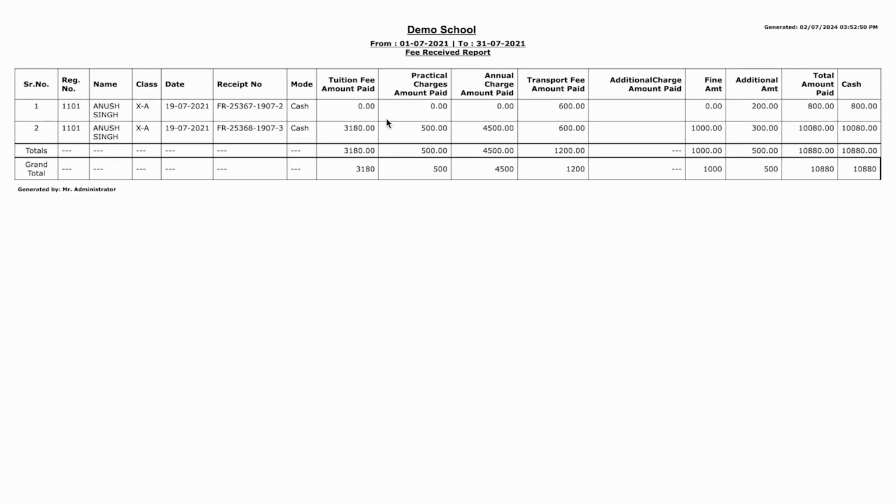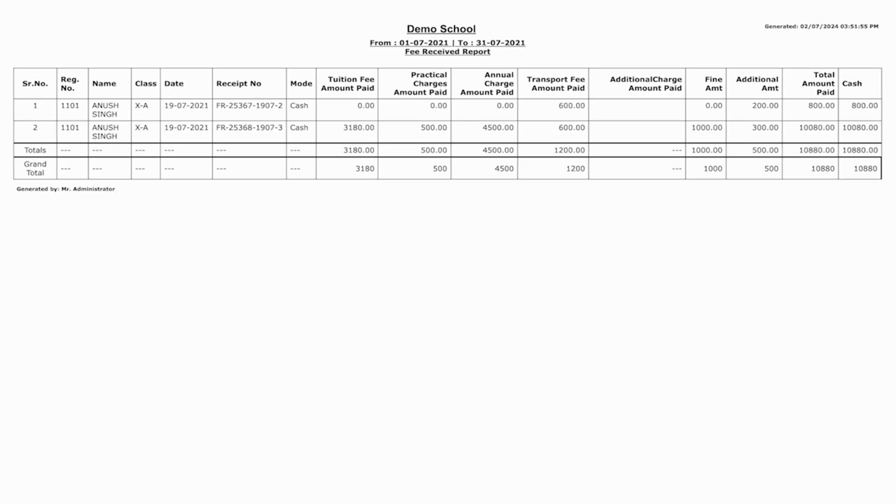That's it. You don't have to do all the selections again with saved reports. You can save your reports not just in the fee reports, but also in the examination and student data reports.